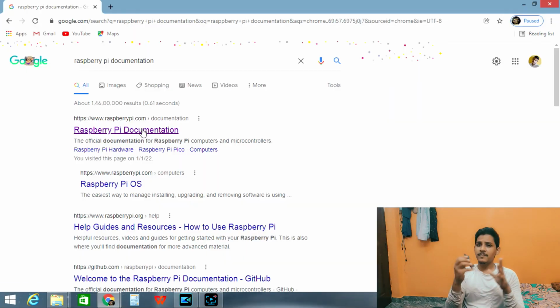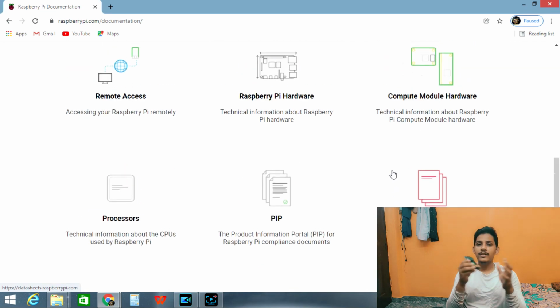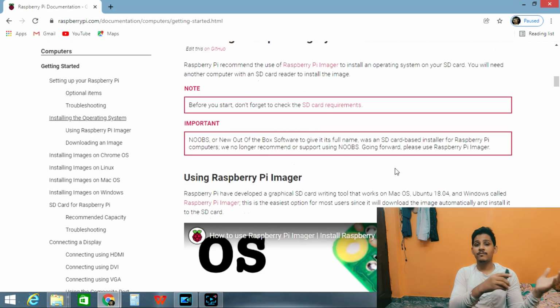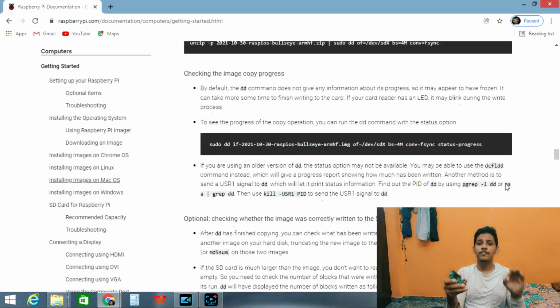And now it's time for the final key. The key is Raspberry Pi documentation, because if you're a beginner, you need guidance, you need something to refer, because if I give you this Raspberry Pi and ask you to do some project, you won't be able to do anything because you don't know anything about it. So you have to see some documentation to know everything about it. But luckily, raspberrypi.org has provided excellent documentation. Once you read all the documentation, you don't have to view any other tutorials. You don't have to go to YouTube and search for videos. Even you don't have to see my video, because the documentation is so perfect.